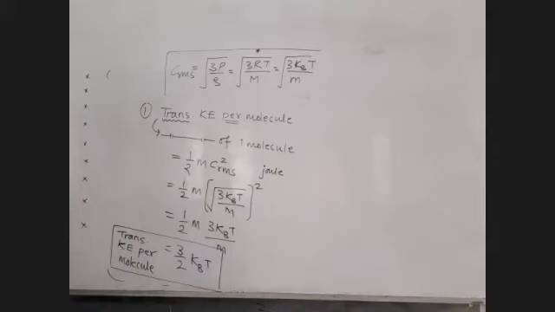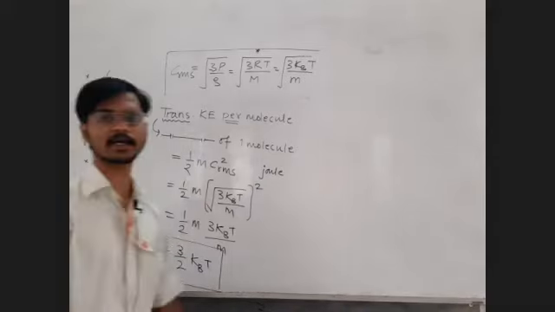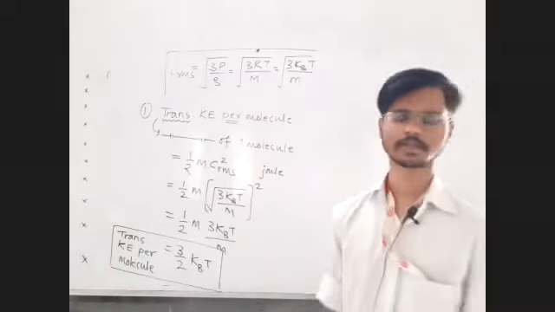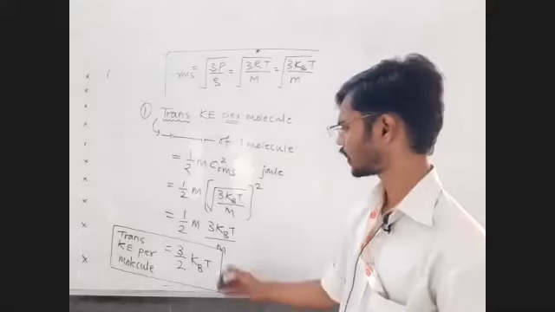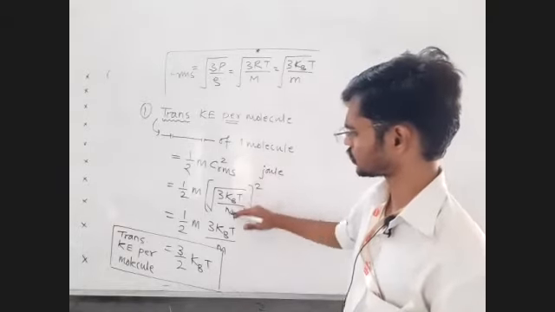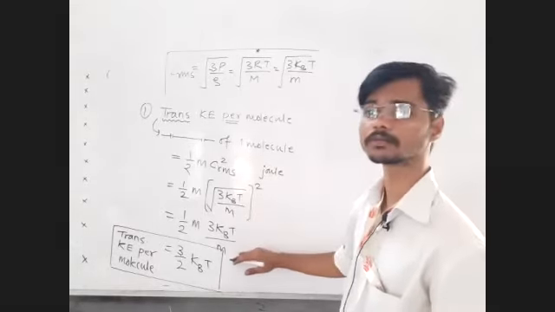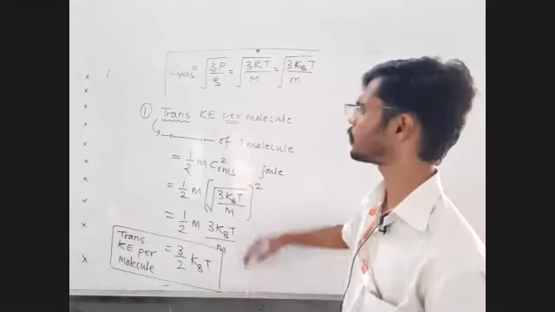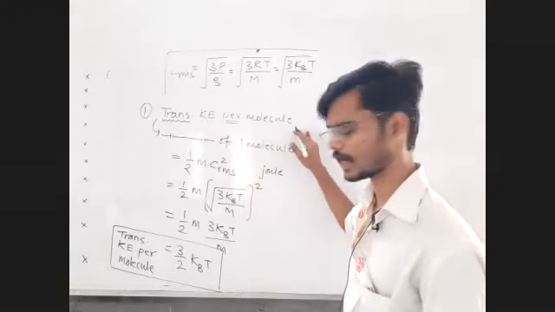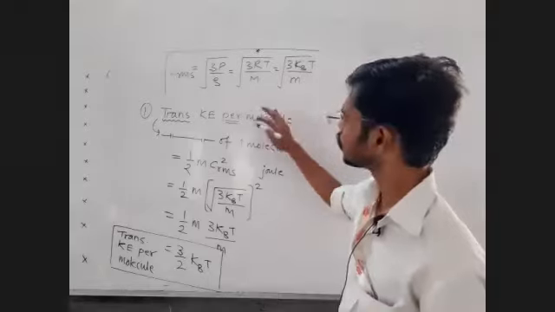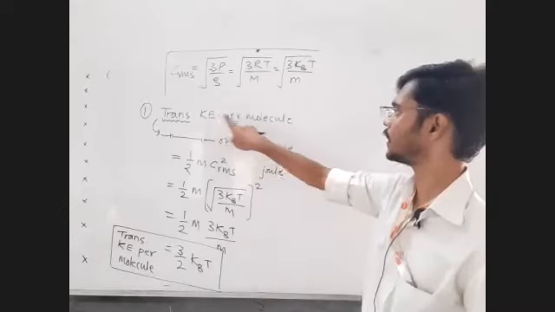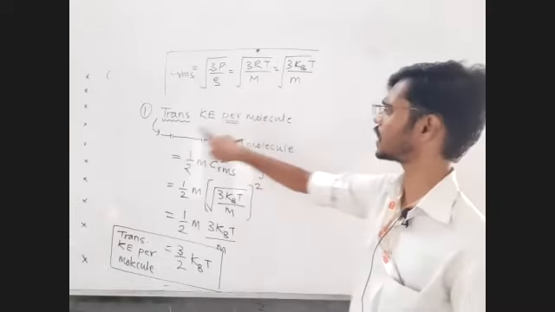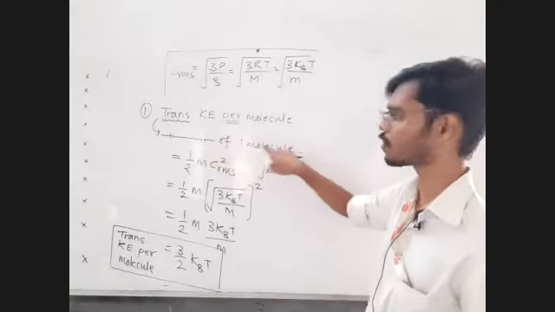Now this translational kinetic energy per molecule, how much is the translational kinetic energy of one molecule? 3/2 kBT. Okay. Different forms we can see. These type of calculations you should be able to do on your own. I'm not saying that remember all the things. I am simply saying make sure that you know the meaning of the word or phrase given to you. Translational kinetic energy per molecule means the translational kinetic energy of one molecule.